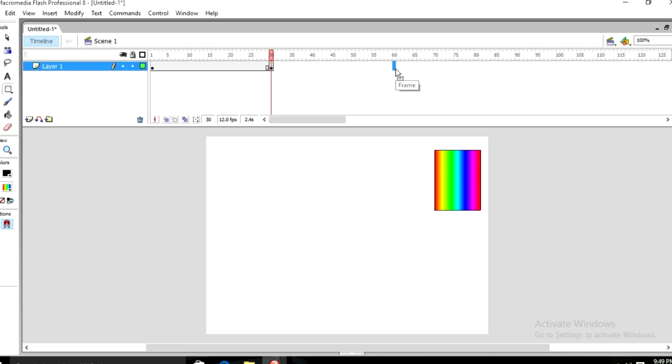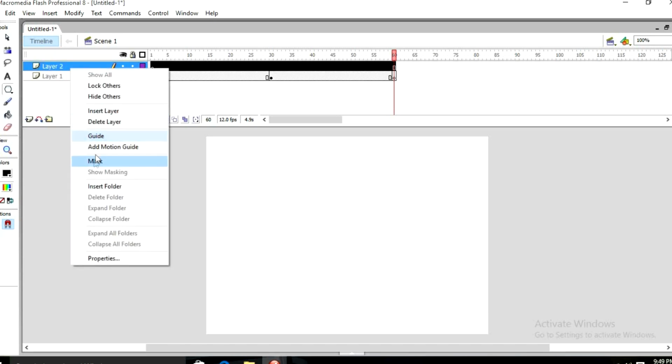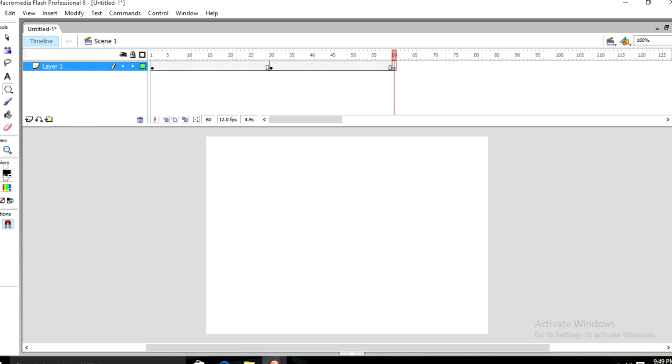Again on 60 I'll press F7, and again over here a small rectangle, meaning it's having more things. I have taken a polystar. I'll make a polystar over here with a different color, say red. I have made a polystar of red color. On 90 again I press F7,